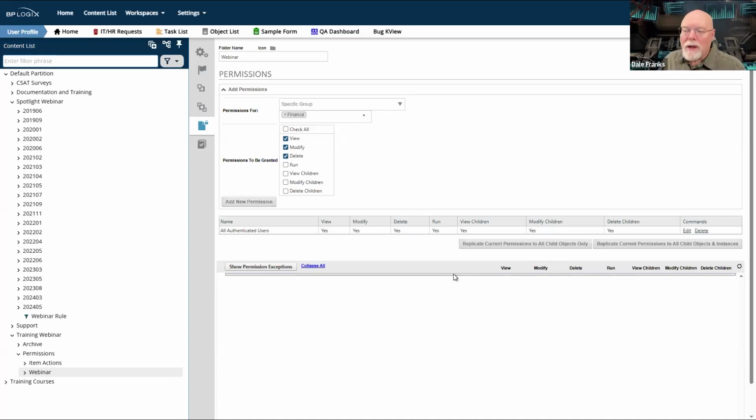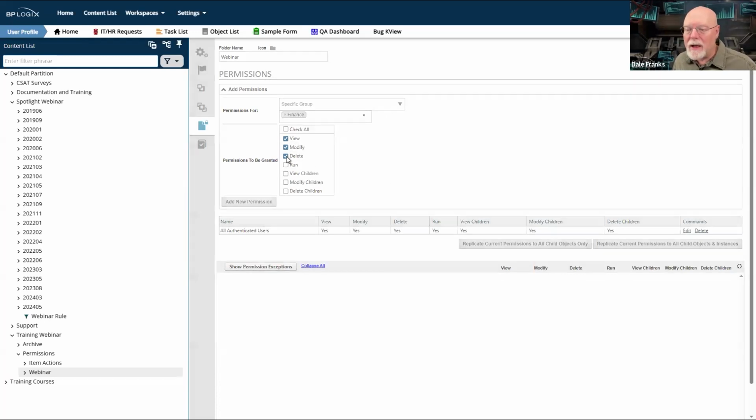Now, it's not possible to give me delete permission without also giving me view and modify permissions. So selecting a higher level of permission automatically includes any lower levels of permission. I can't delete an object I can't look at. I can't even delete an object I can't modify. But I can view, but if I select modify, it includes view.